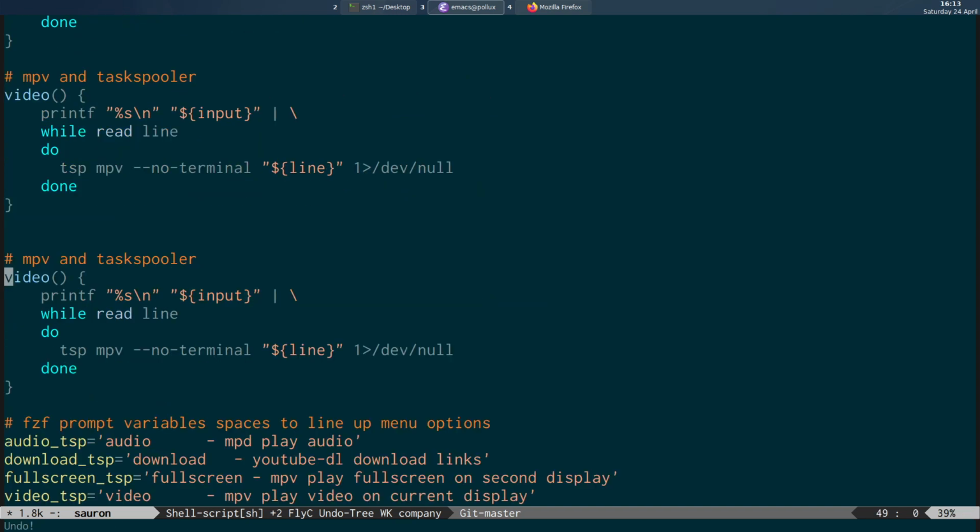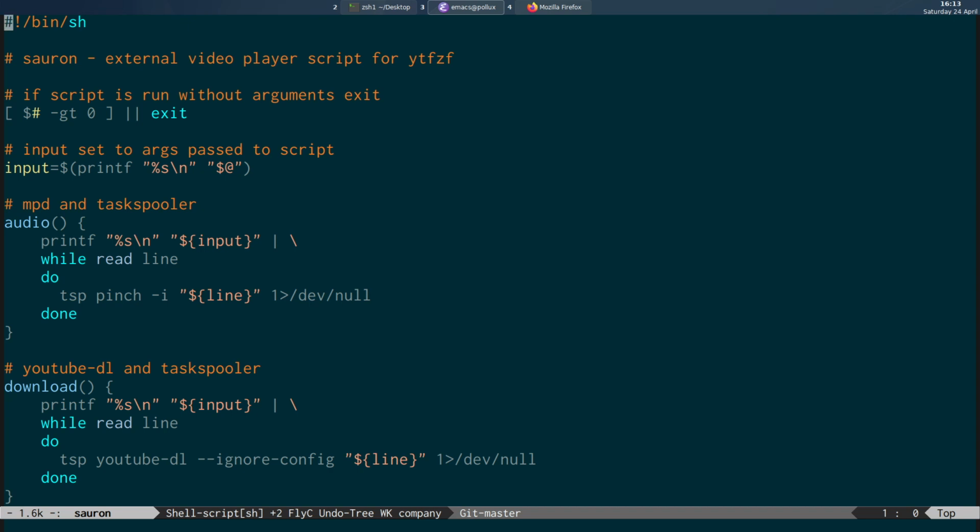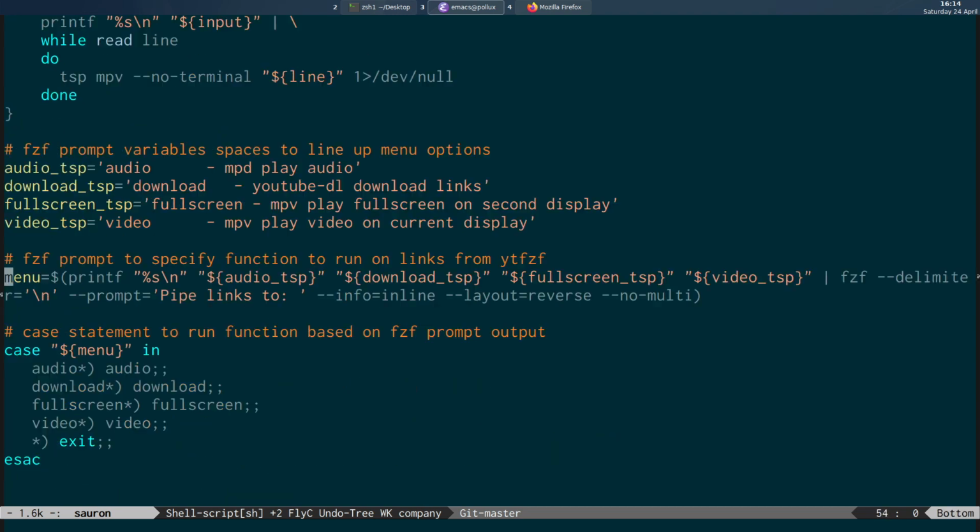Let me just set that back to how it was. So that's the sort of external player that we're creating for ytfzf that allows us to create different functions and then create a FZF prompt and pass in a list of functions we want to execute, and then use the case statement to match your selection in the menu, and then run that function on those links. So that will basically allow us to create as many different audio or video players as we like, with different options,